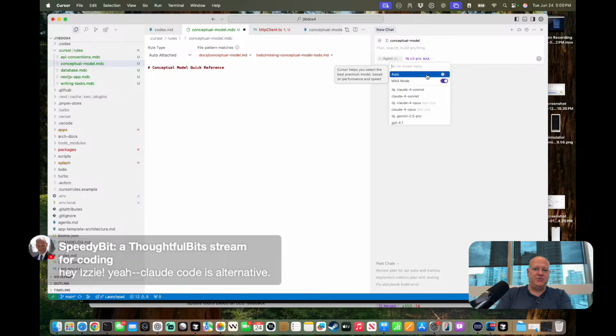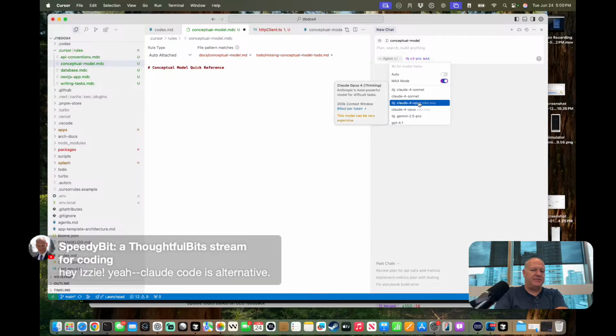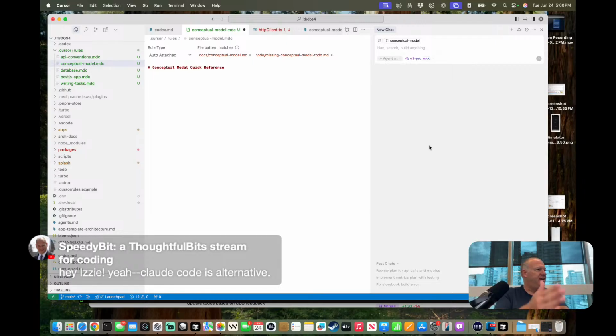In the agents, you can choose the model. The last piece here is that I tend to use O3 Pro right now. The next one that I like is Claude 4 Opus, but in Max mode. That's the other one that's basically on par. But you can put in Gemini, you can put in all the different models, and choose the one you want out of Cursor, so you can always be on the latest. And so if the AI isn't giving you a good response,